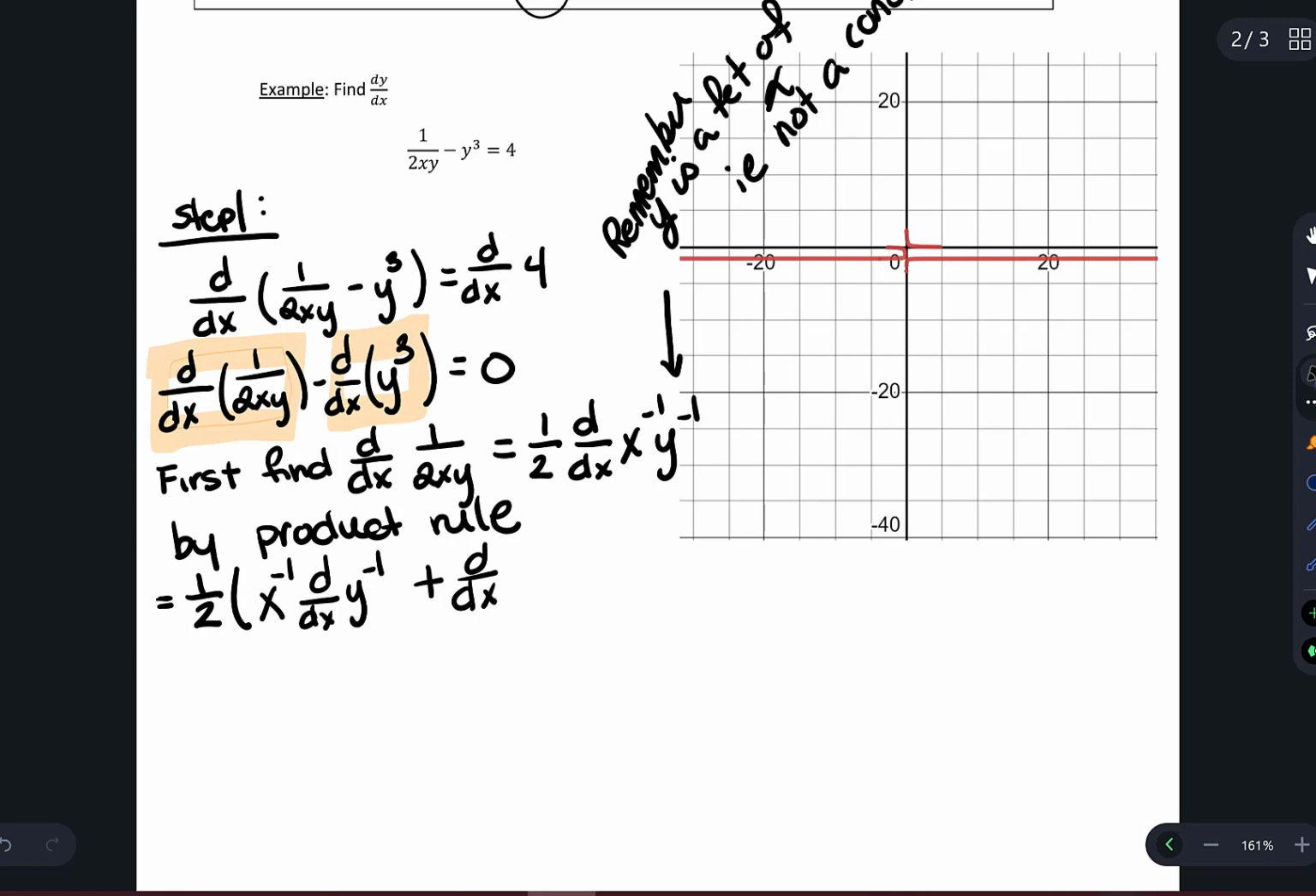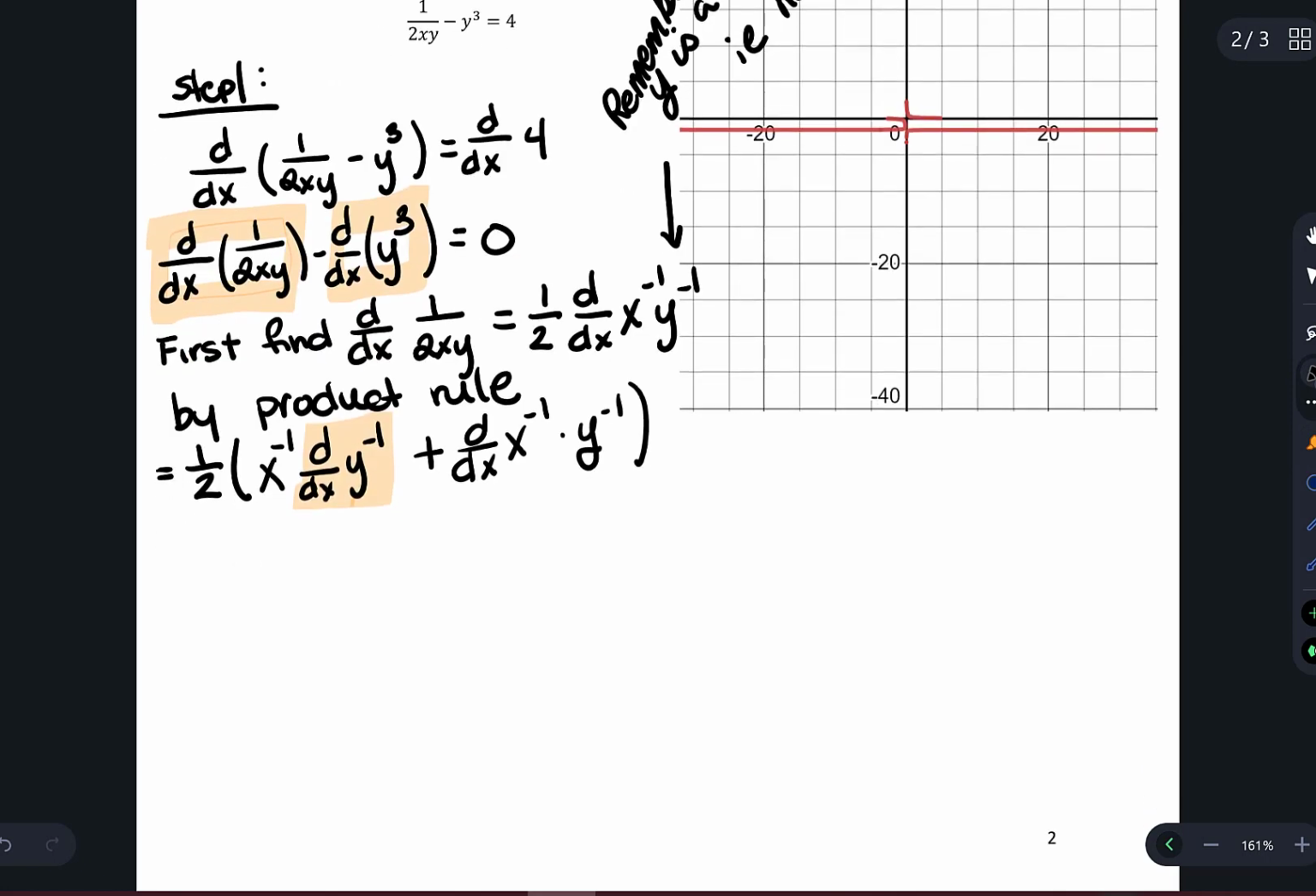Plus the derivative with respect to x of x to the negative 1 times y to the minus 1. And so that's application of the product rule. Now, in order to take this derivative, because y itself is a function of x, I have a function of x to the negative 1 power, this actually requires the chain rule. So now, by the chain rule,